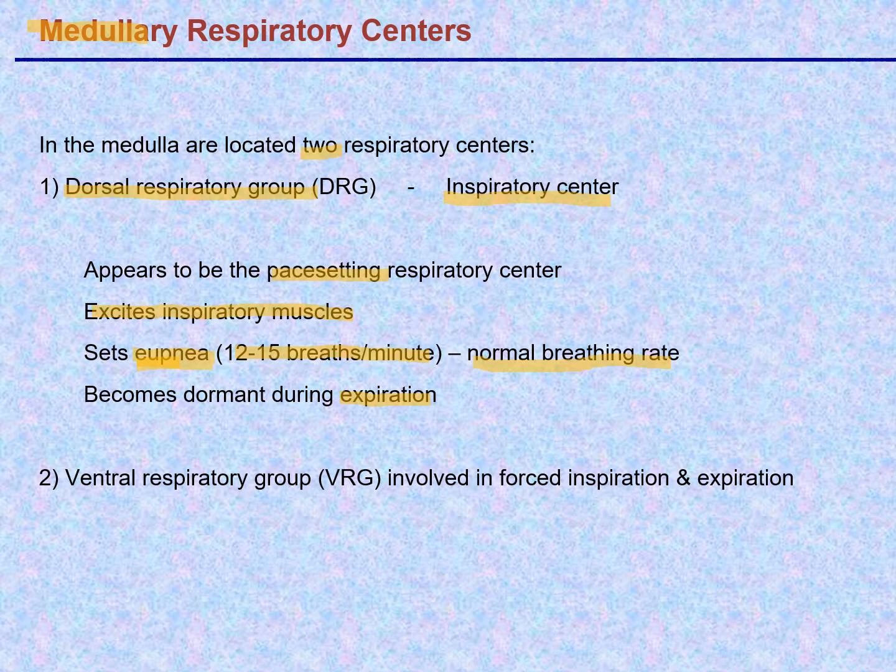The other medullary respiratory center is called the VRG, or ventral respiratory group, and it's involved in forced inspiration and expiration. So you have eupnea, controlled by the DRG, and forced inspiration and expiration controlled by the VRG, both present in